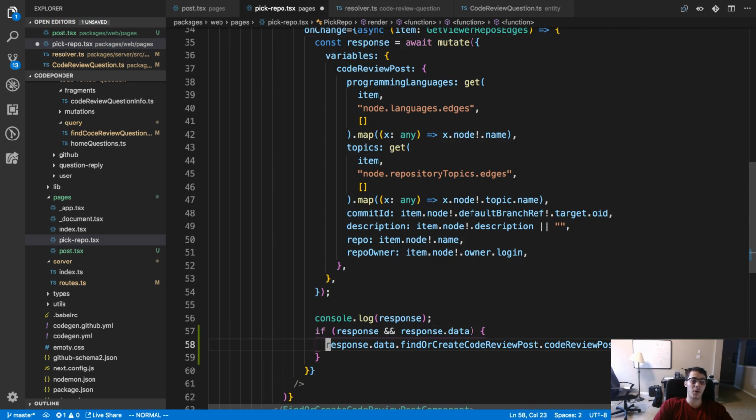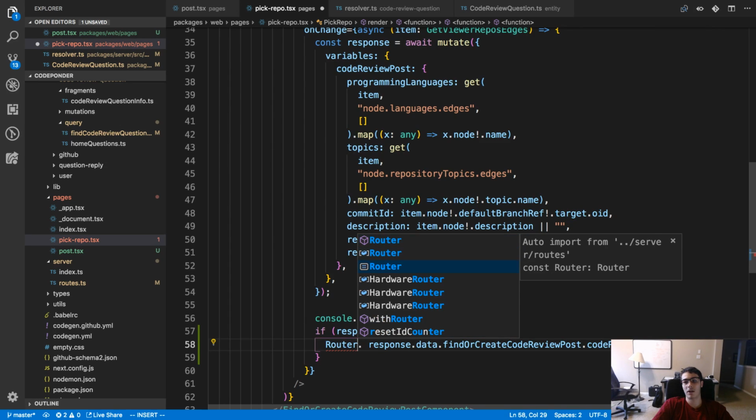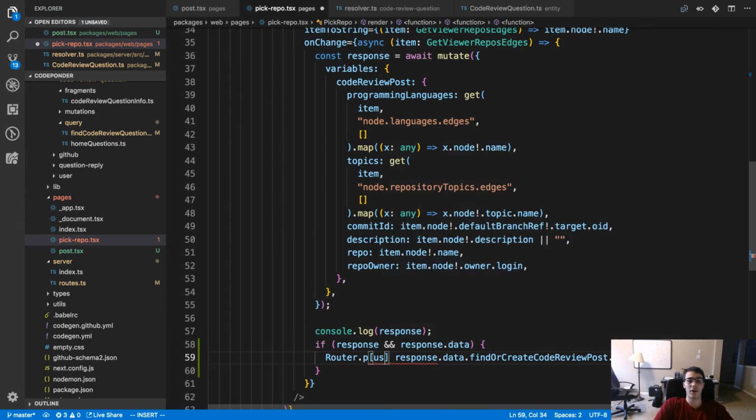Alright, so this ID is what we care about. So now we can push over to it. So we're gonna say routes. Actually, we call it router.push route.